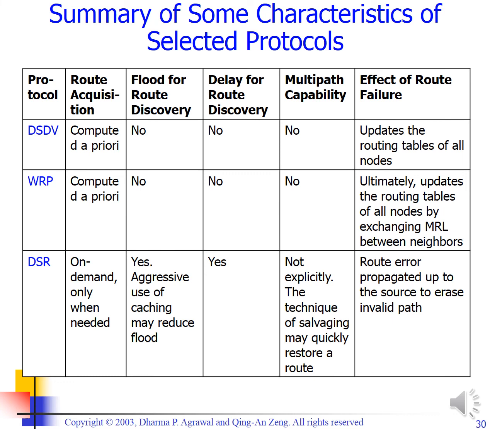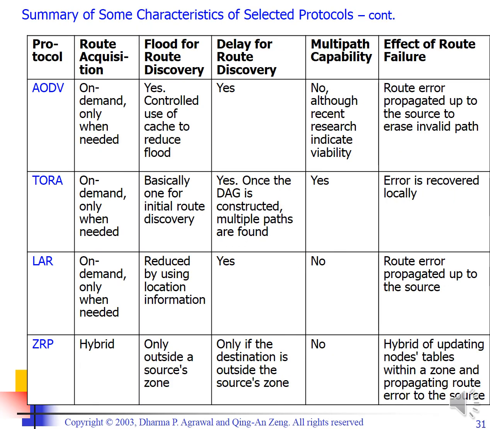DSDV updates the routing tables of all nodes ultimately, by exchanging messages between neighbors. In DSR, the route error is propagated up to the source to invalidate the route. ZRP is a hybrid of updating routing tables within a zone and propagating the